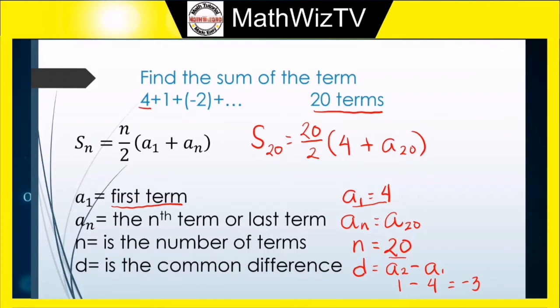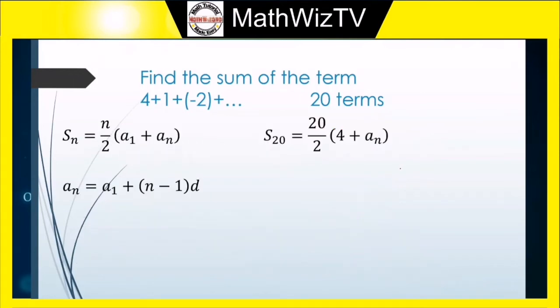Since a sub 20 or the last term is not yet defined, let us first solve for a sub 20 or a sub n. Again, the formula that we need to use in finding a sub n is a sub n equals a sub 1 plus the quantity n minus 1 multiplied by d. So what we will do is to write a sub n. Our a sub n is a sub 20, which is equal to a sub 1, which is 4, our first term,